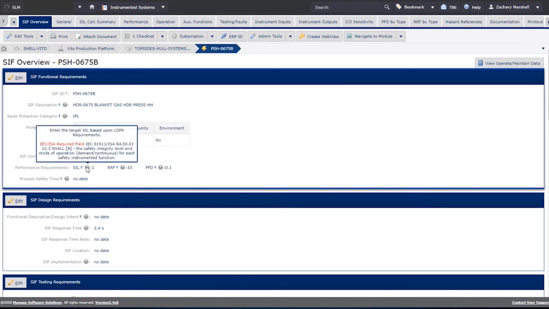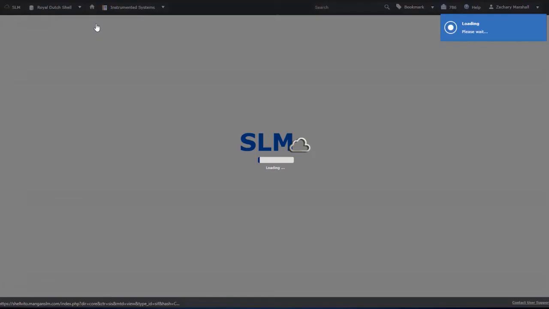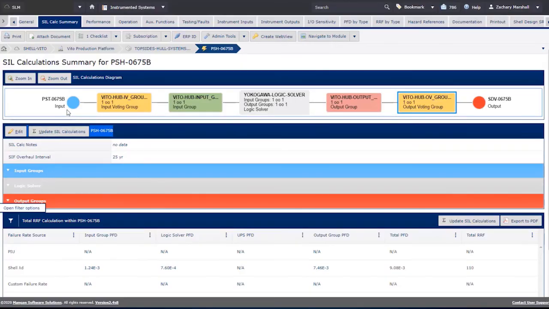For example, this is a SIL1 SIF that has an RRF of 10 with a SIF response time of 2.4 seconds. I can view the SIL calculation by clicking on the SIL Calc Summary. In the SIL Calc Summary, I can view the graphical representation of what this SIF looks like. This has a 1 out of 1 input and a 1 out of 1 output with a 25-year overhaul. And I can see, utilizing the failure rates, that I am getting a total RRF of 110, which meets our